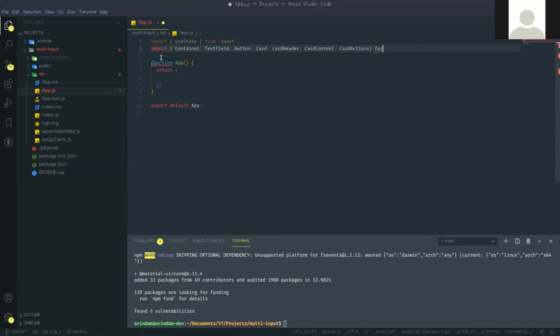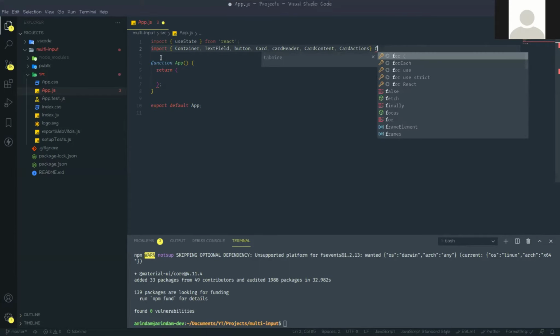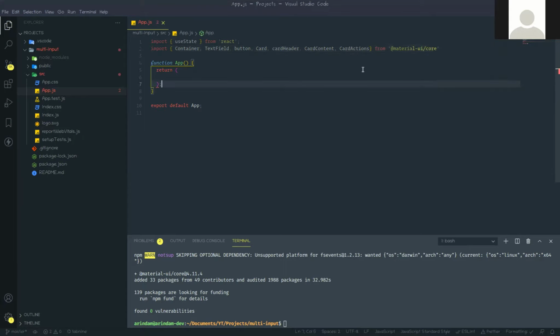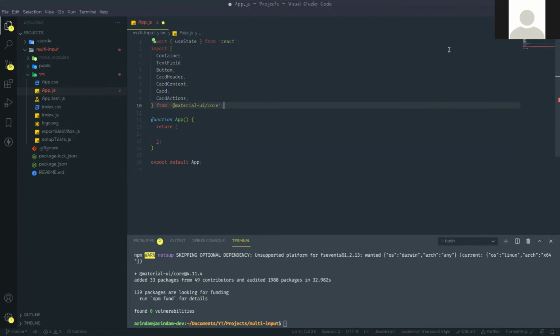This thing we are bringing from Material UI core. So from Material UI core. Okay, next we need that makeStyles, that functional component makeStyles from Material UI core styles.